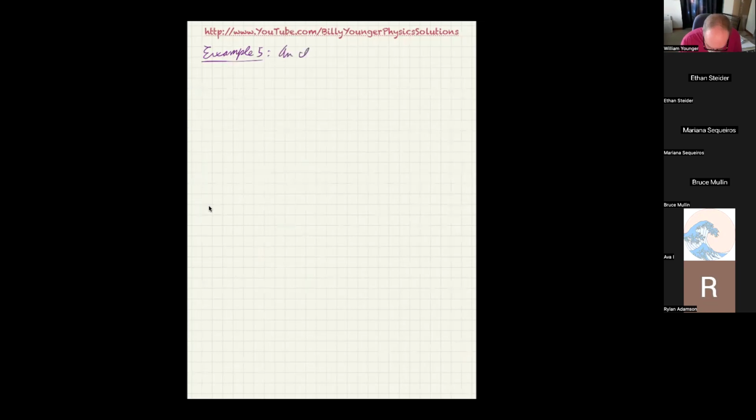An ideal gas is slowly compressed at a constant pressure